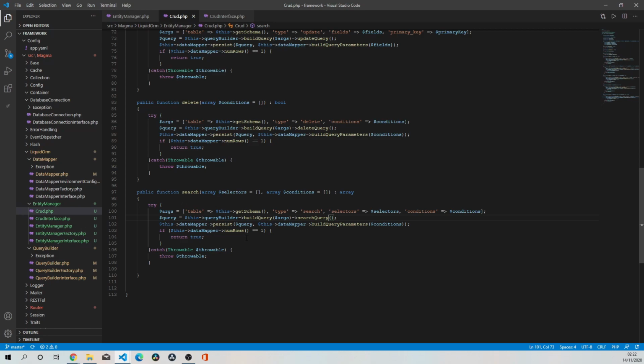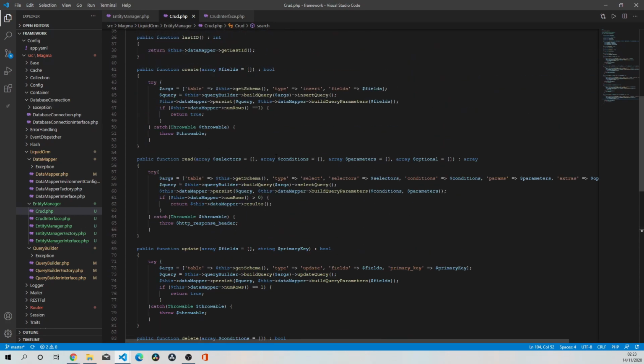And now we've got the result that we want. We need to say if number is greater than 0, if we've at least found one search result, we're going to again return this data mapper results. Right, return an array of search results. And I think that's going to be it for tonight. We're going to pick up again tomorrow and crack on with the completion of our Liquid ORM,